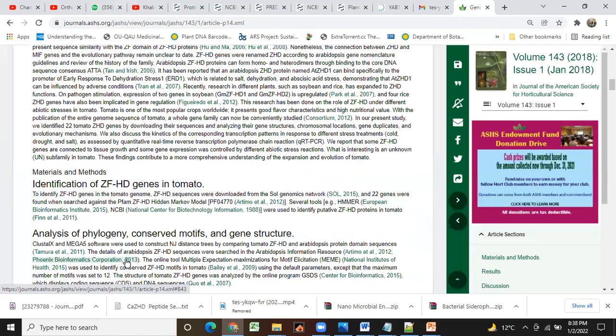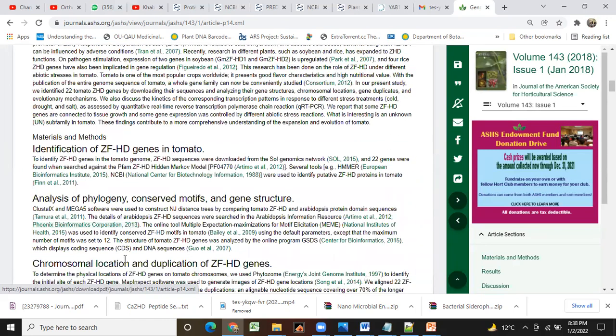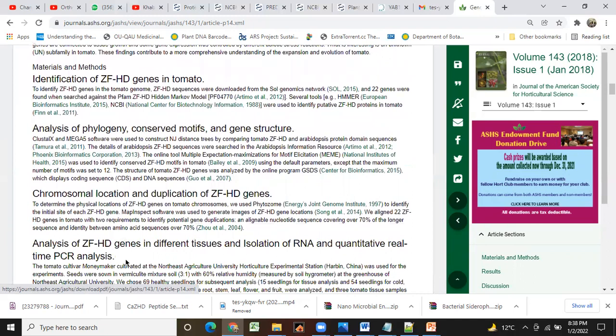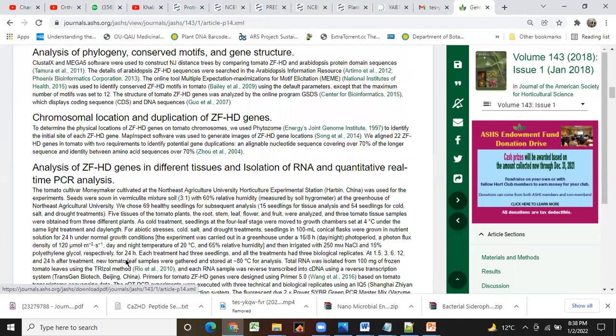Except the duplications, there are 15. Total, sir, 23, I guess. Let me count, sir. So it means that it's very similar to tomato.